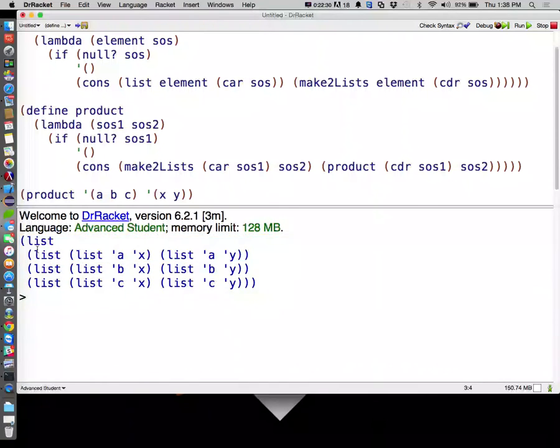So this guy should not be a list in and of itself. This guy should not be a list in and of itself. That must be from our use of list here, right? So we're consing lists together. So what we really want to do is we want to cons